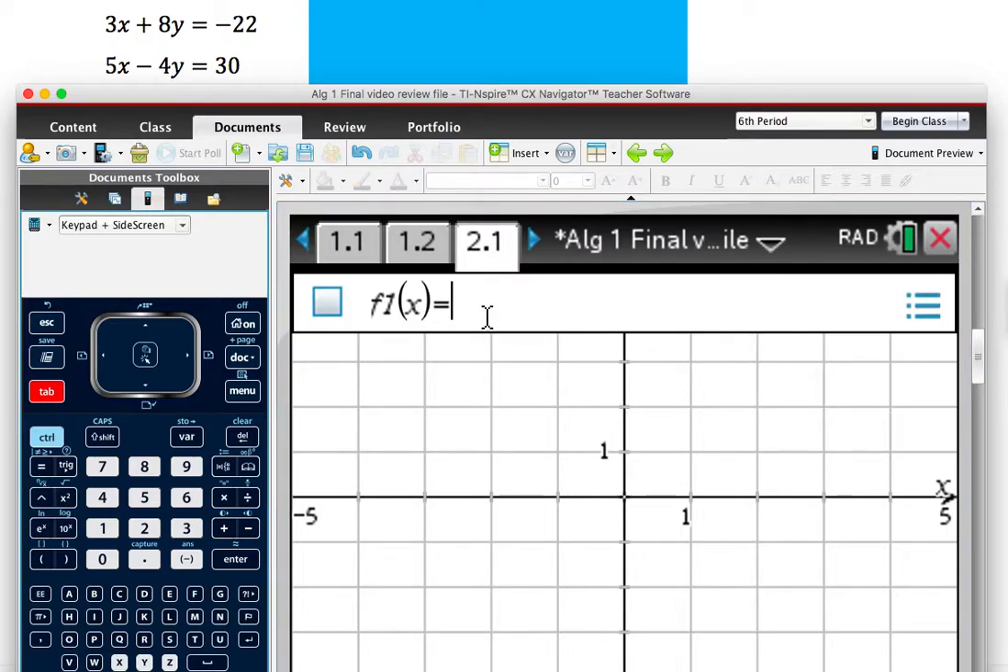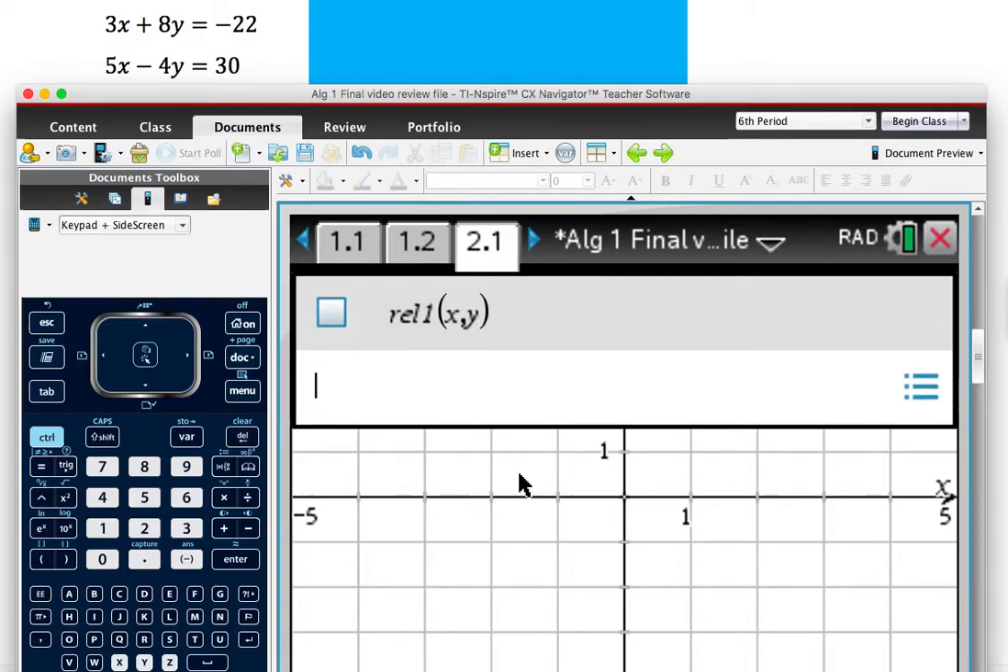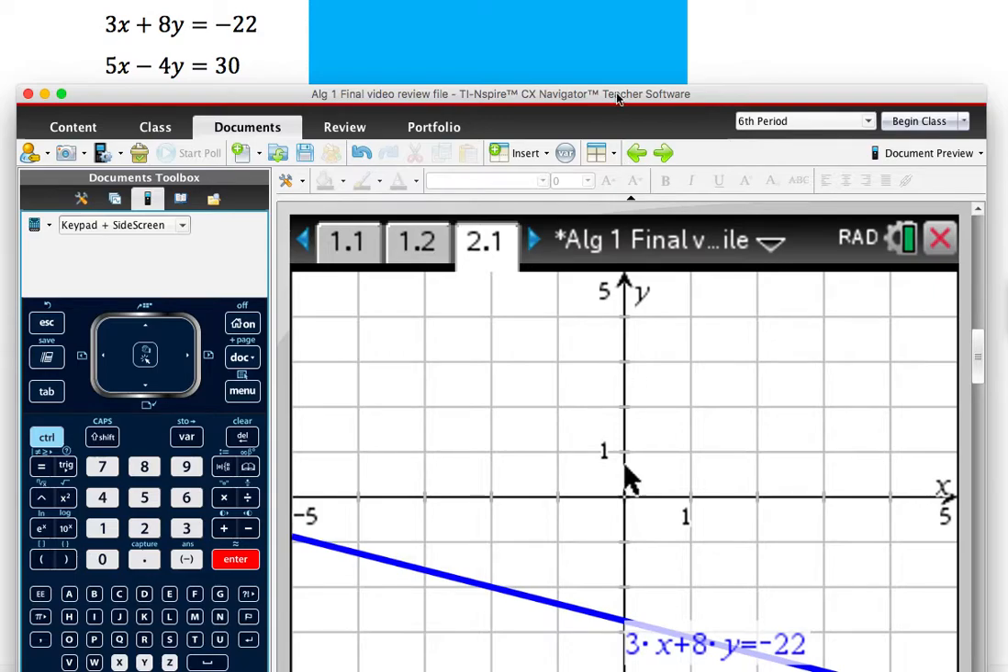push the tab bar, and notice we have both the x and the y variable on the same side of the equation. So I'm just going to graph this as a relation by deleting the equal line. I go to relation, and then I'm going to just type in the formula exactly the way I see it. So 3x plus 8y is equal to, and notice I'm using the equal button here, not the enter button down here. Negative 22, make sure you use the negative sign there, and then you just push enter, and that's what